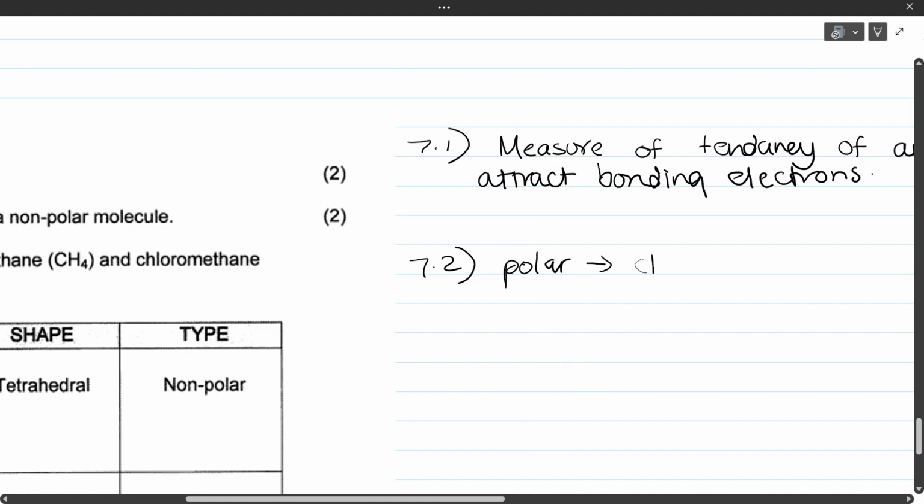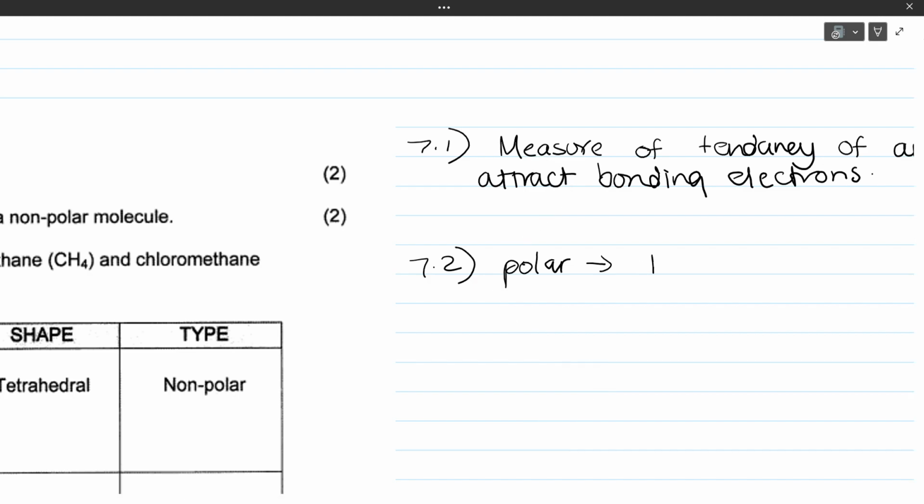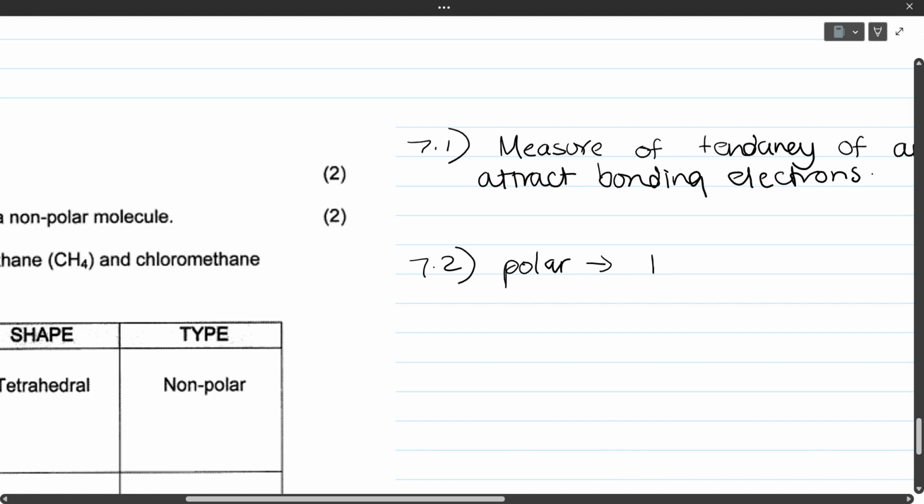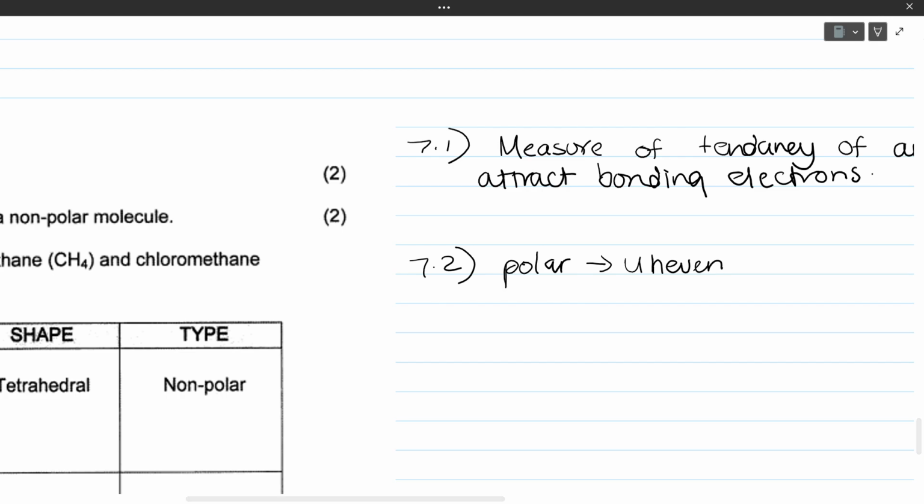So we want to say uneven charge distribution. That's 1 mark. And therefore, because it's an uneven charge distribution, what happens is you're going to get one end